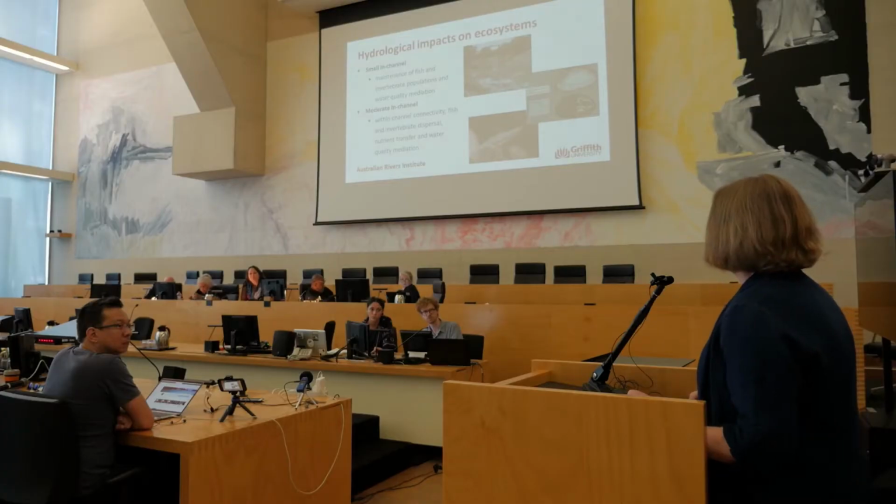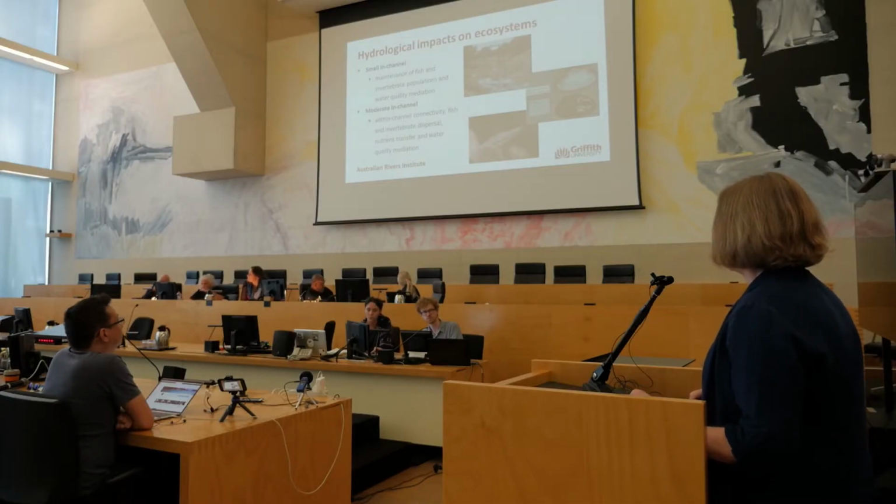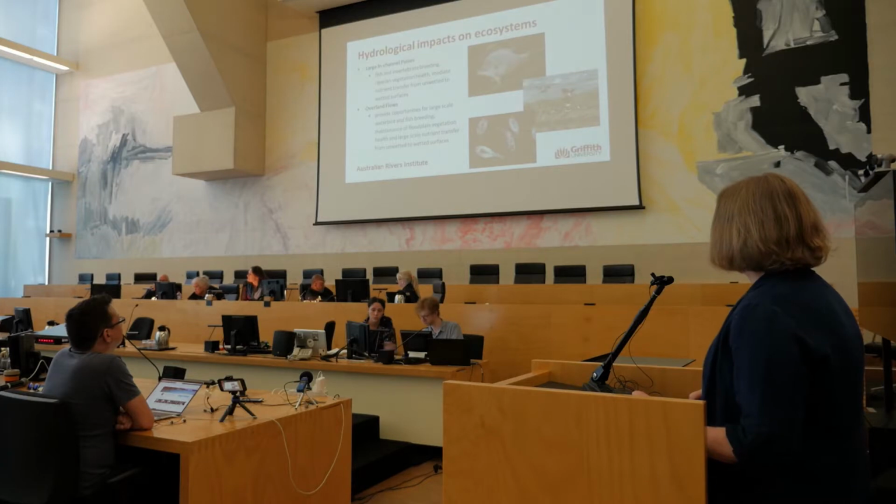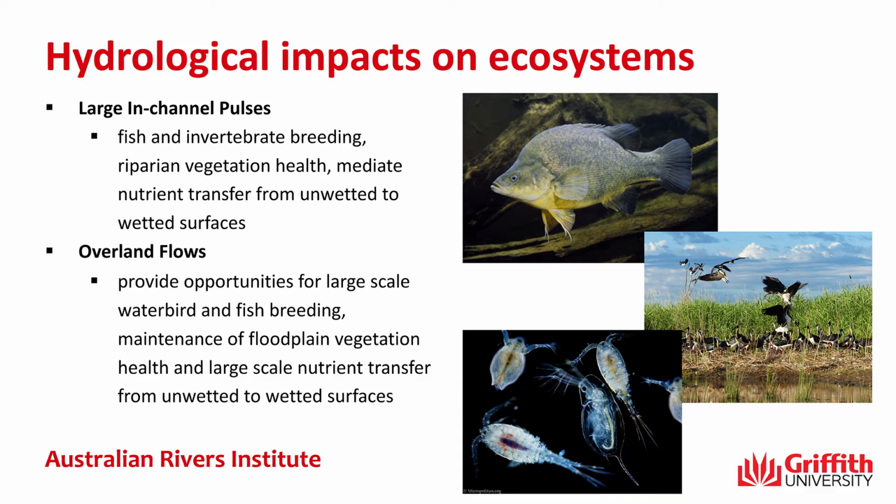And if you actually stand on the bank of the river on the Darling and you see the size of the indigenous middens along the bank, you realise the volume or the biomass of mussels that would have occurred in the system, and most of them are Alathyria, and I think you'd be struggling to find one. And the large in-channel pulses mean, again, mass fish movement and breeding events within channel, and our overland flows are where we actually get large-scale fish breeding, and maintenance of a lot of the fish food chain in terms of zooplankton.